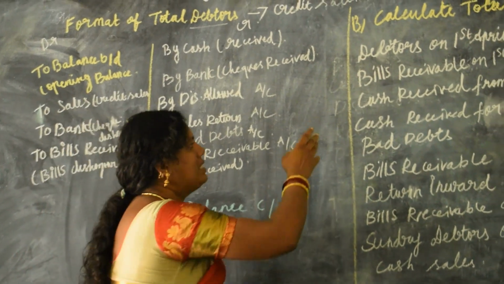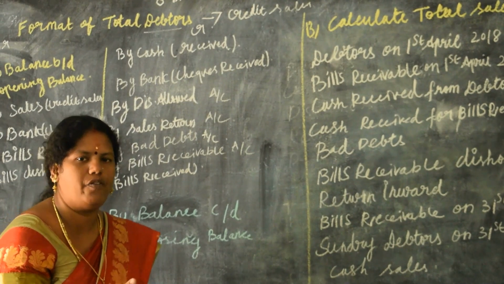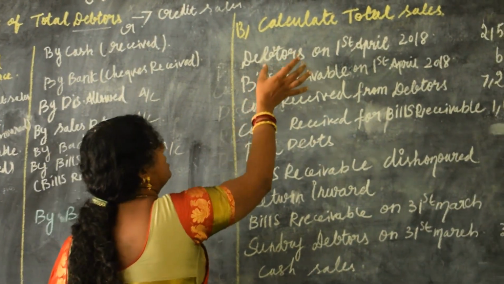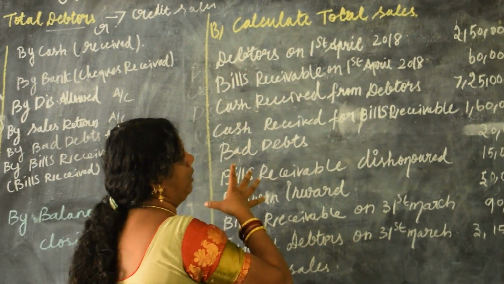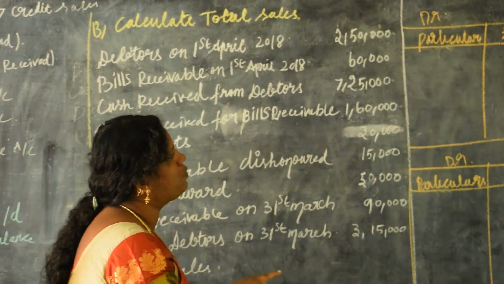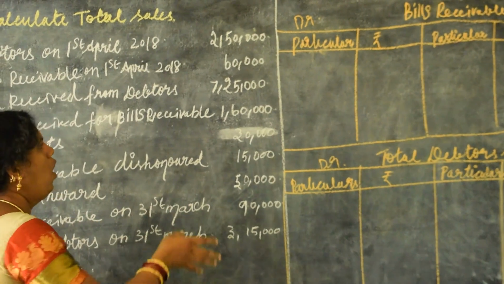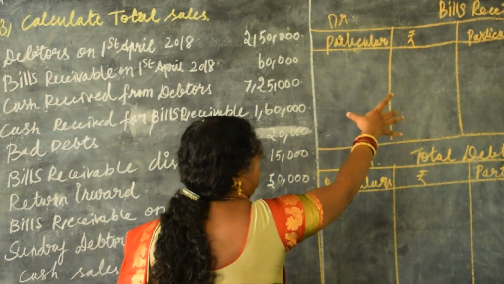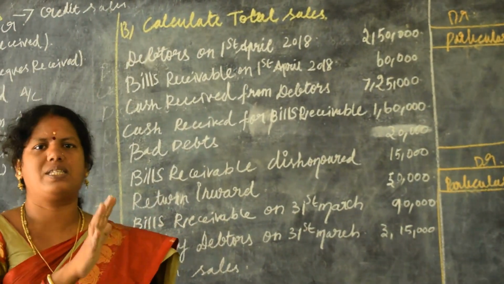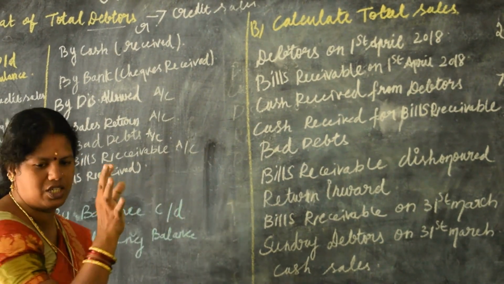Keep in mind, when bills receivable is not there, you can prepare a total debitors. Or when total debitors is not given, you can prepare a bills receivable separately. But when the debitors and the bills receivable are in combined form, both mixed up, then first you have to give preference to the bills receivable. I told the same process only. Opening balance, closing balance. In the bills receivable, you are going to find out the bills received during the year.